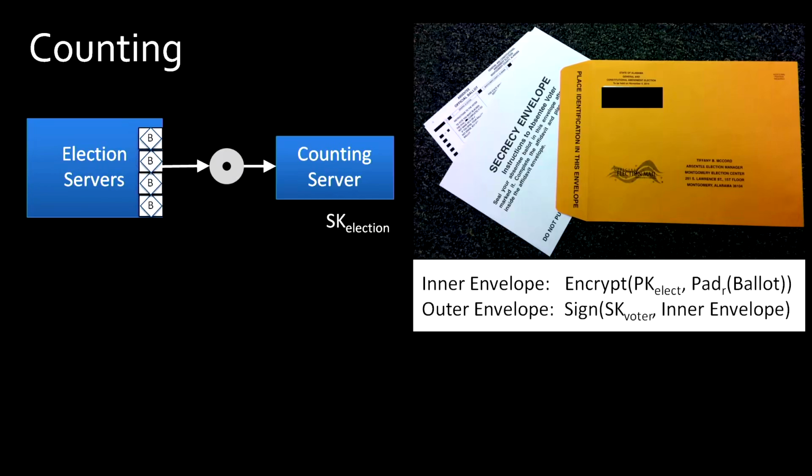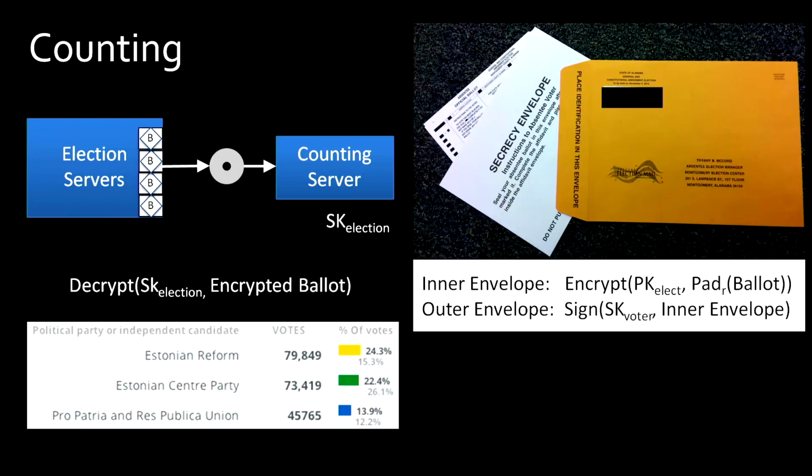They take this DVD and use it to move the encrypted ballots to a physically separated air-gapped machine called the counting server. And only the counting server has access to the private key that is used to decrypt the ballots. So they're encrypted all the way from your client to the counting server. And the counting server can decrypt them and see the votes, but it never sees the signatures that identify them. So in that way, they attempt to maintain the secrecy of the ballot. The output of the counting server is simply the election results. They're added in with in-person votes, and the winner is declared.